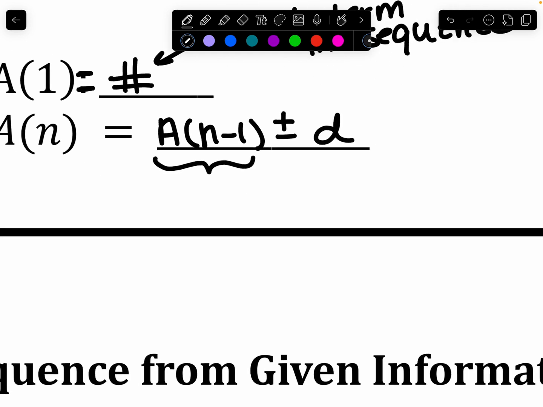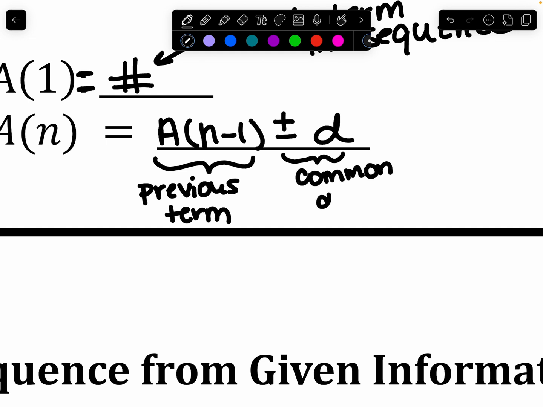This part right here represents your previous term, or the term before, okay? You don't have to do anything with it, I promise. You just put A of n minus 1 every time. You don't put anything in for A. You don't put anything in for n. You leave it alone. It just says A of n minus 1 every time, and it just represents the previous term. And then your plus or minus d right here is your common difference,